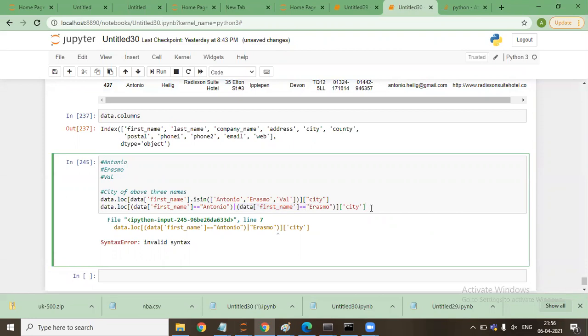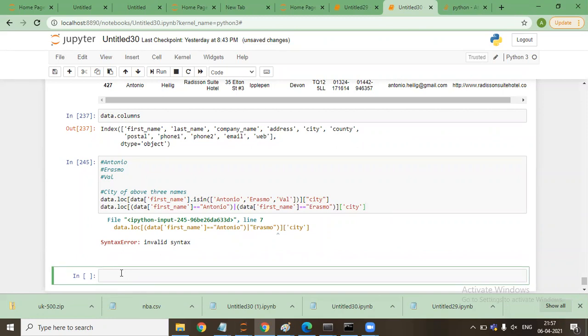With me? Yes, sir, I actually have two doubts while writing the syntax. First doubt is, sir, when are we putting the first name in single inverted commas and the name in double inverted commas? How do we identify what to put when? So there is no difference. Currently at this point of time, both are the same. There's a minute difference, which I'll explain later, when we are writing some statements that start with double quotes. Don't worry, but till now, there is no difference.